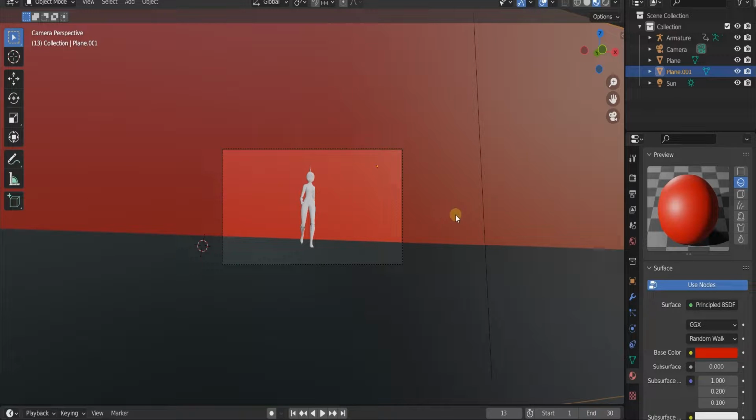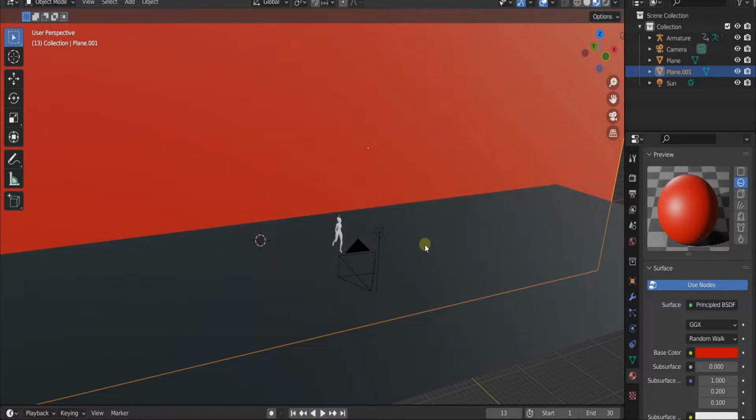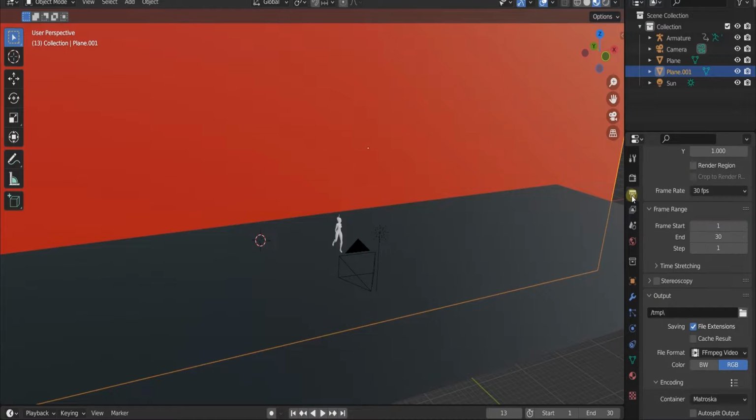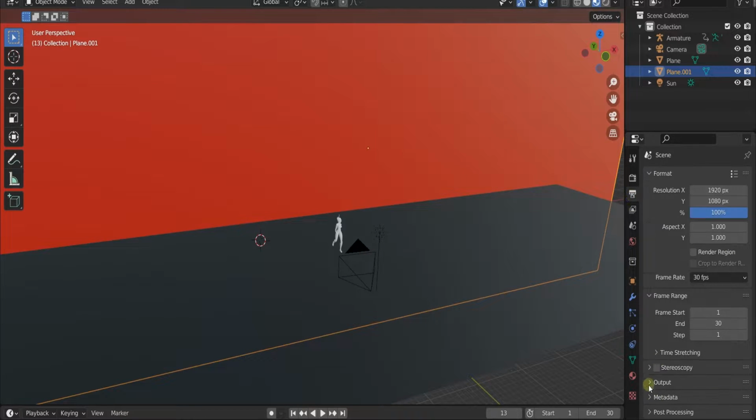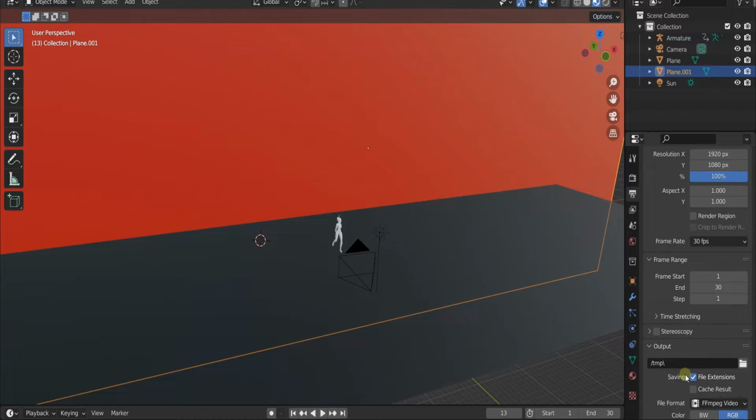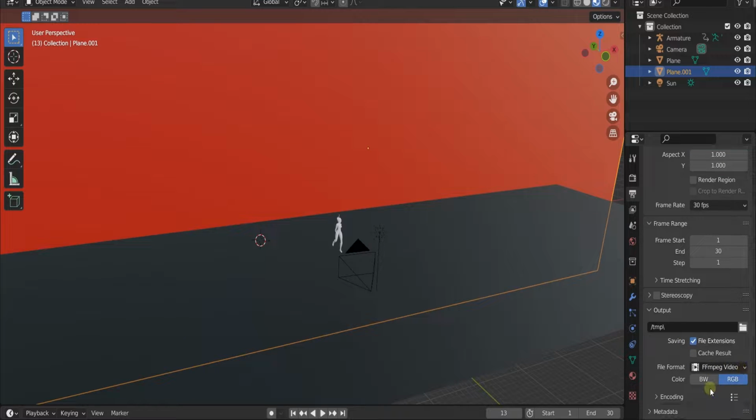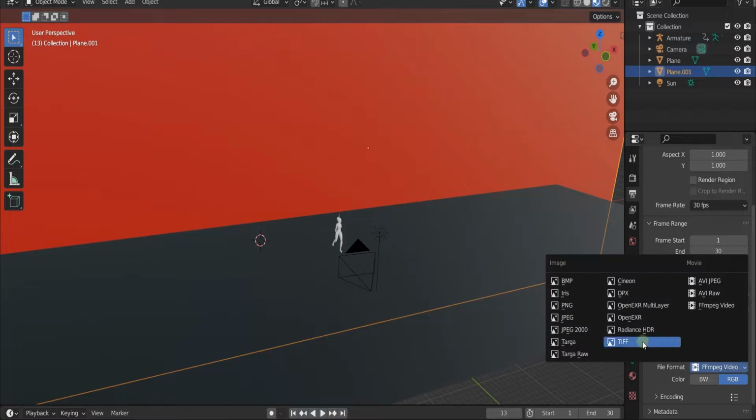So after that, now guys, we will simply get our file downloaded. So to download this file, you will need to come to this place, okay, where you see output properties, this particular icon. You click on output properties, and then you scroll down to where you see output. Okay, now after scrolling down to where you see output, the format we are going to use is, you come to this